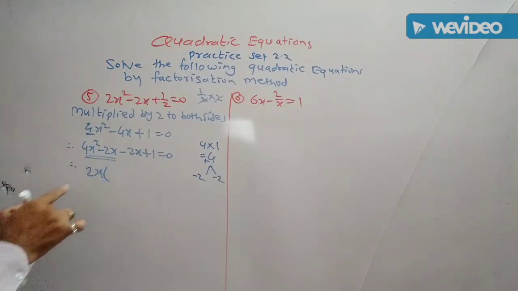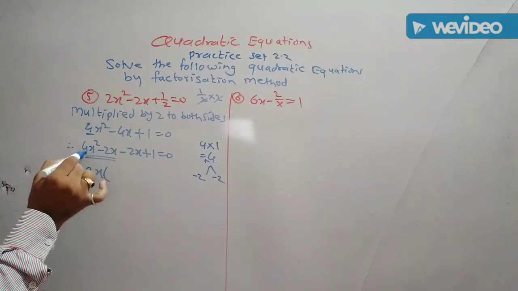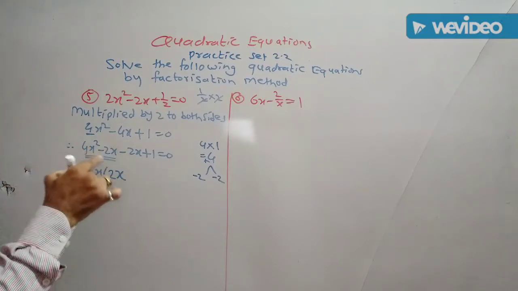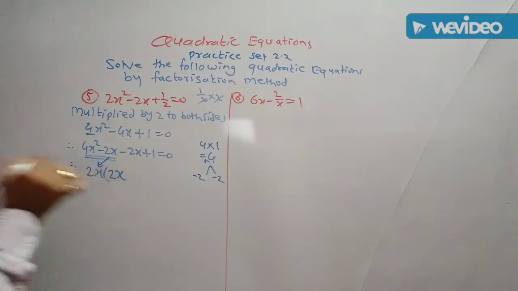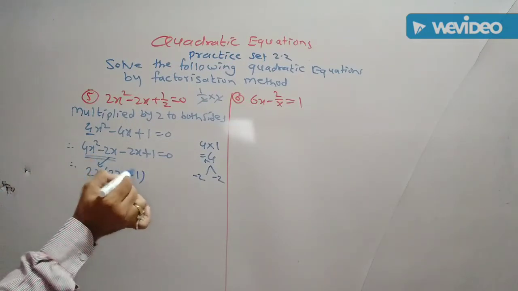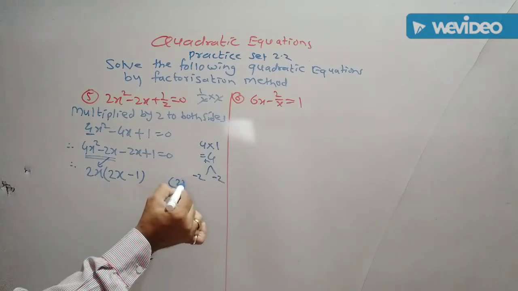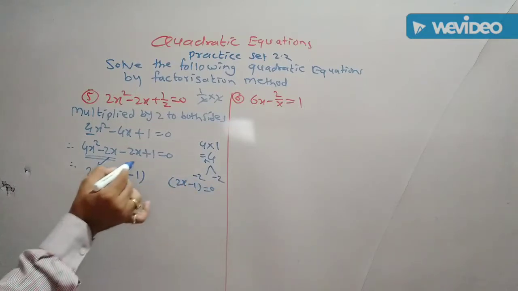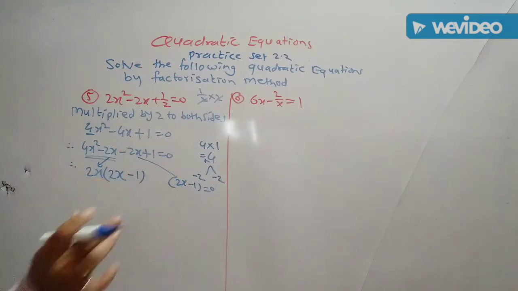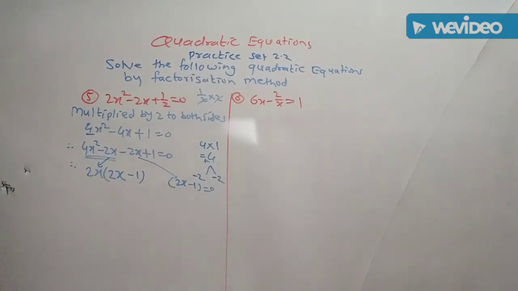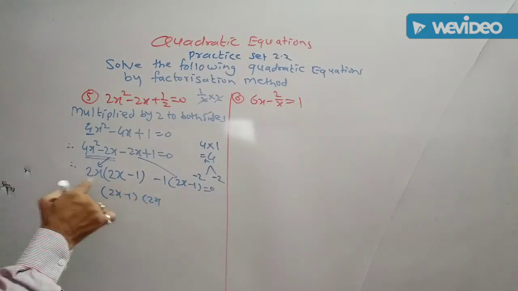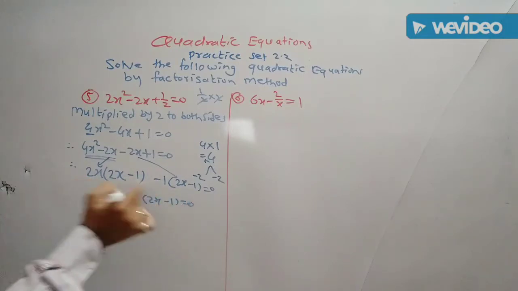Now from the first two terms, x gets common, 4 and 2 are multiples of 2, therefore take 2x as common. Now in the bracket 4 divided by 2, that is 2, from x square x gets common, the remaining is x. From the second term 2x gets common, nothing is remaining, therefore we consider it as 1 and with the same sign, minus. Now I write the same bracket after some distance. Now from the third term 2x again gets common in the bracket, the remaining is 1, and therefore we take minus 1 as common. Now the same bracket gets common, and into the second bracket I write the remaining terms, 2x minus 1.